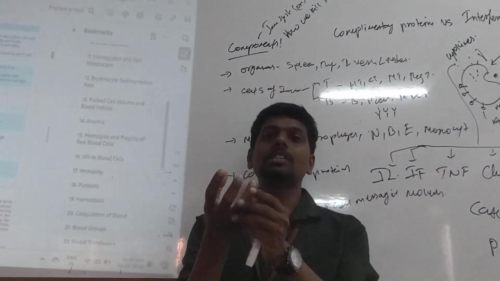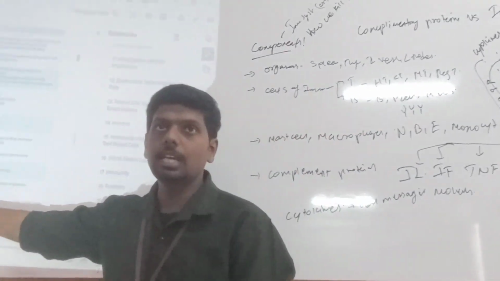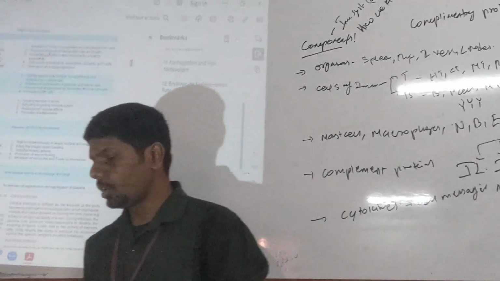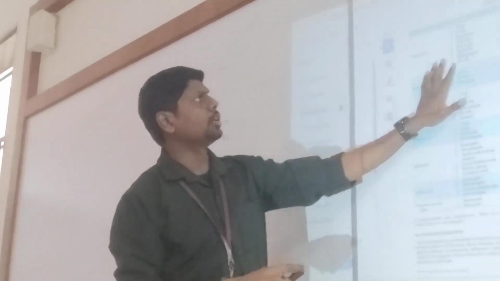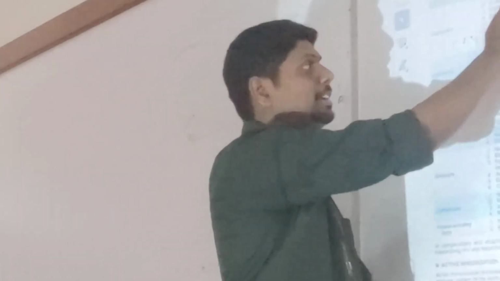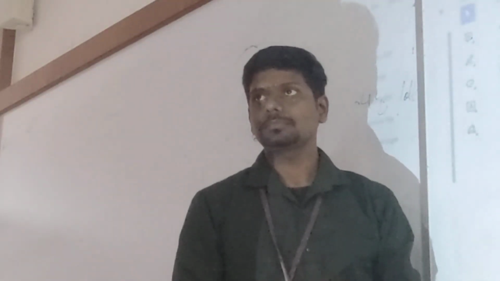Okay, that is how the cells communicate with each other. They are communicating with each other with the help of cytokines, and cytokines are of various types. So let us see various types of cytokines here. First we have interleukins. So you need to plot a table. Write down. Interleukins are secreted by T cells, B cells, eosinophils, basophils, monocytes.